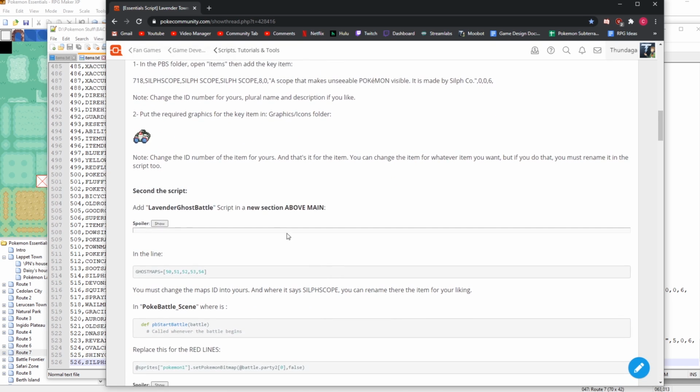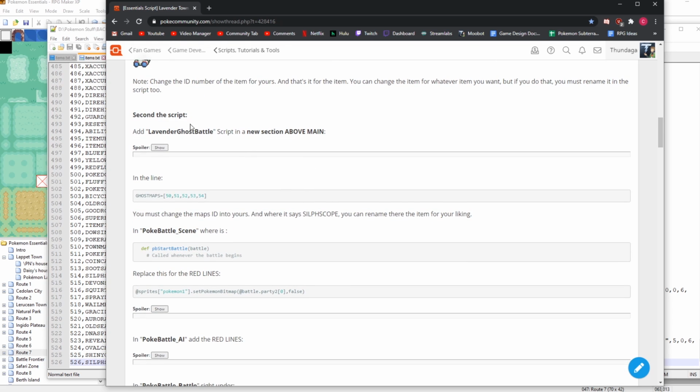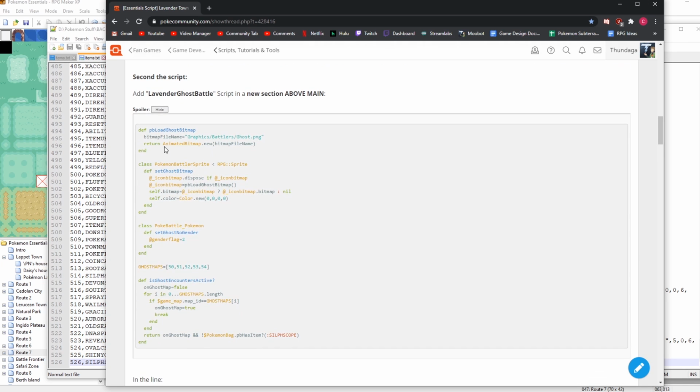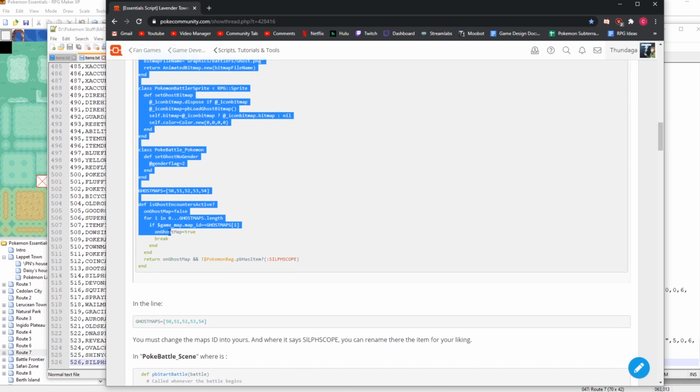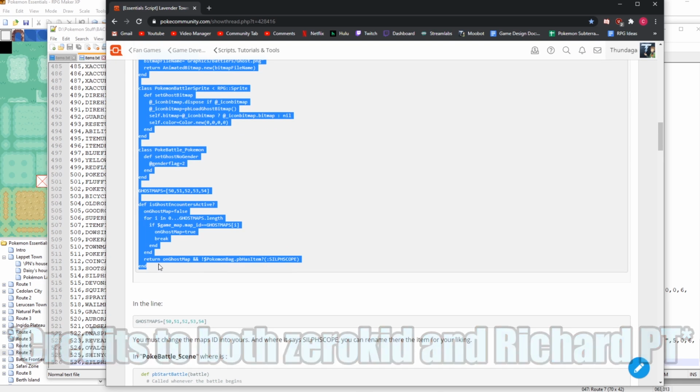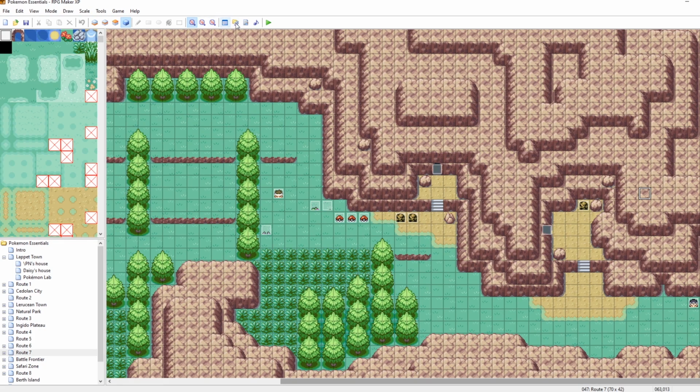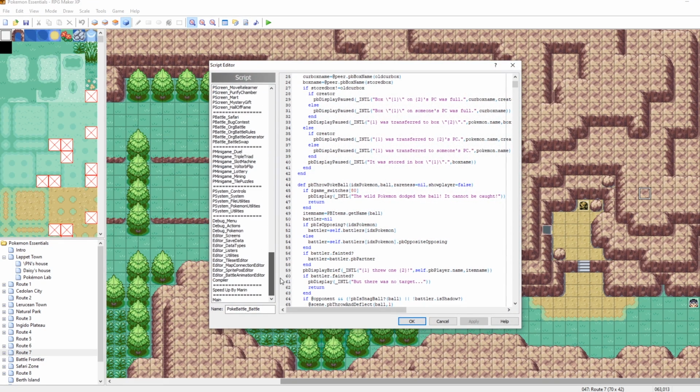The very first thing that we need to do is scroll on down to the scripting section here, and this is where we're going to do a lot of fun stuff. The first thing we want to do is expand this and really just copy everything here. This is a Lavender Ghost battle script created by Richard PT. So we just want to copy that, go into our game scripts here, scroll on down, and make sure that